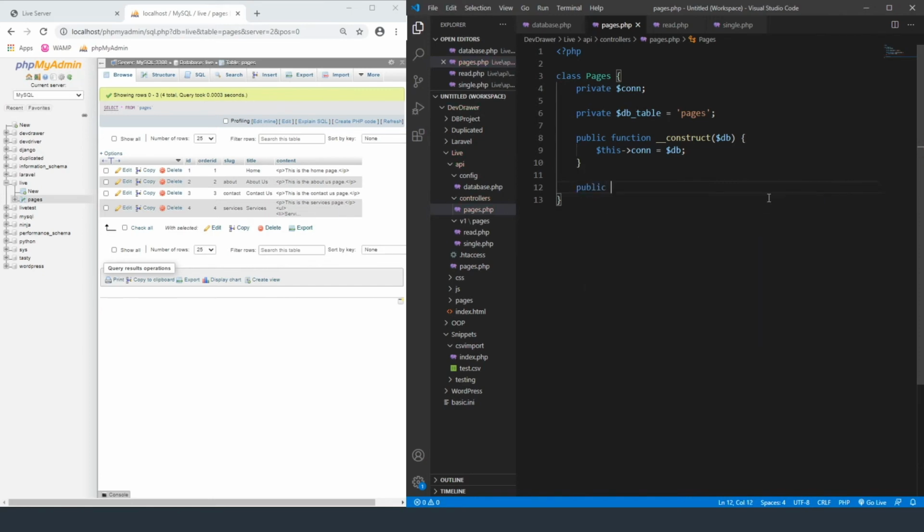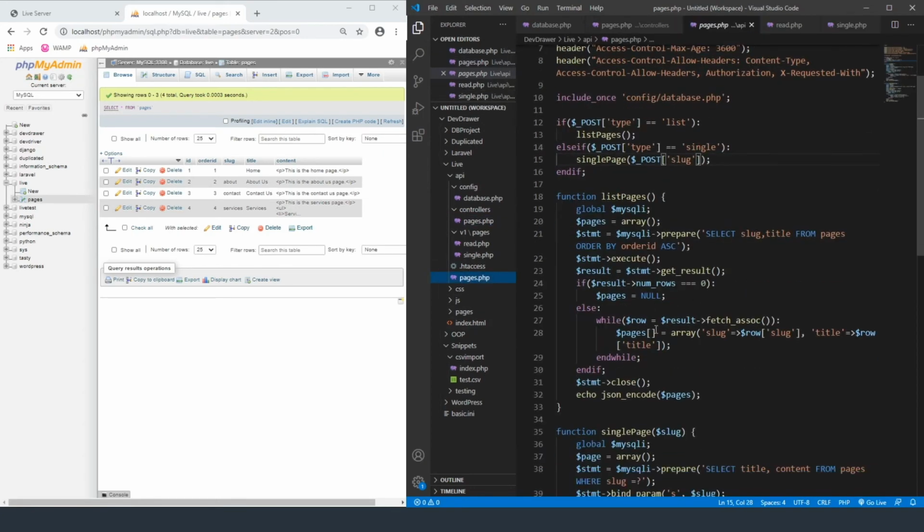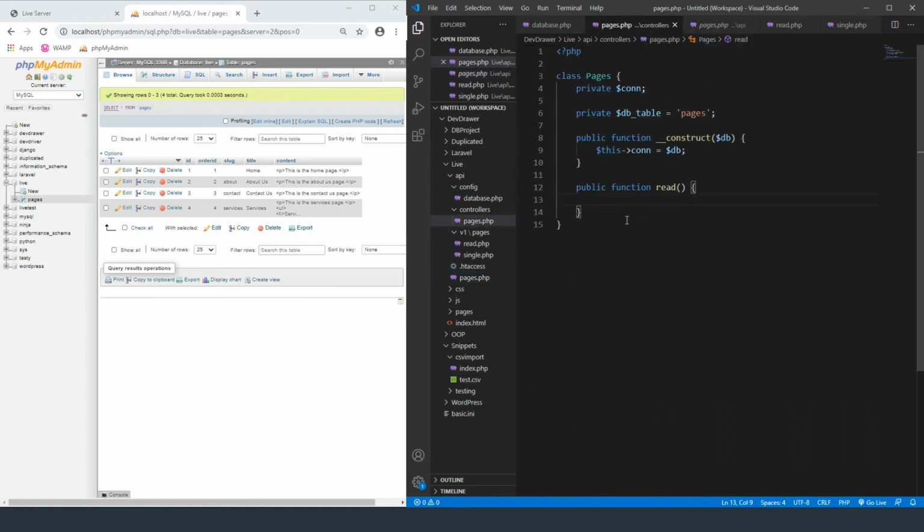We need to create a public function, and we're going to call this one read so that it matches our page name. And then inside of this is where we're going to essentially recreate the SQL that we have here, but using PDO. So we no longer need the global MySQL. We don't need to create an array because we're going to be passing it as a JSON object in order for it to be able to be utilized in multiple languages on the front end a lot easier. So we're pretty much going to blow away this entire page, but for now I'm just going to rewrite some of it. So let's create a query, and this query is going to be equal to select slug and title,